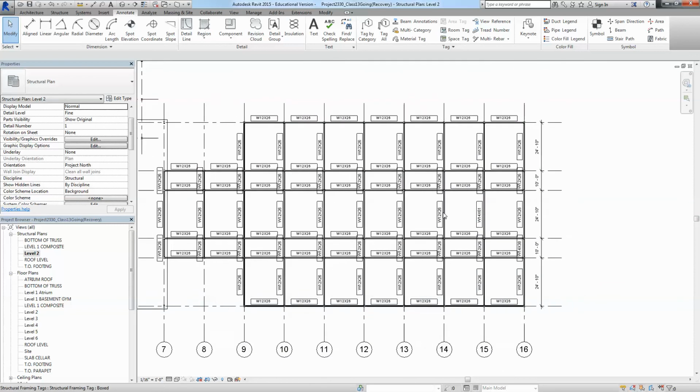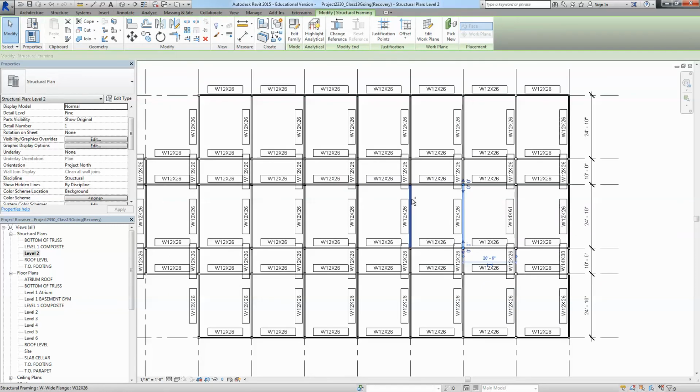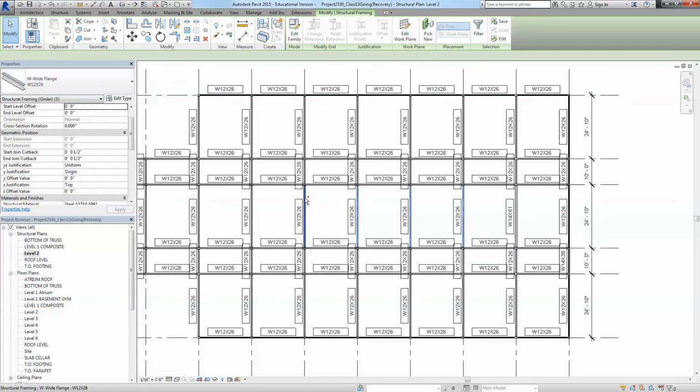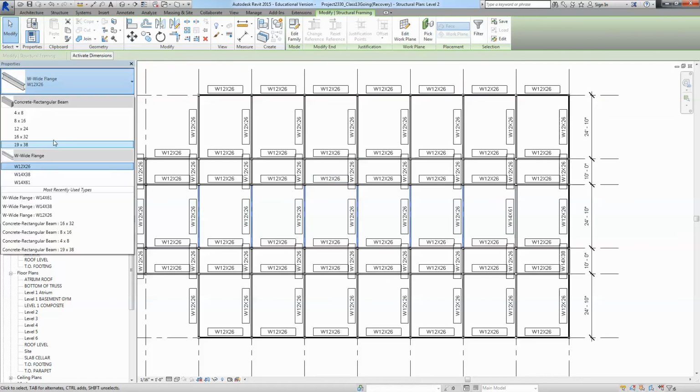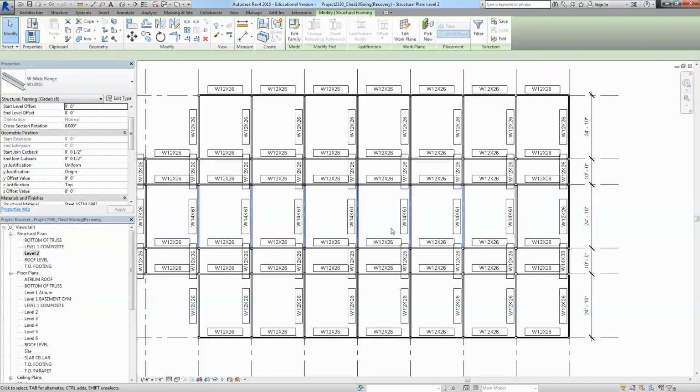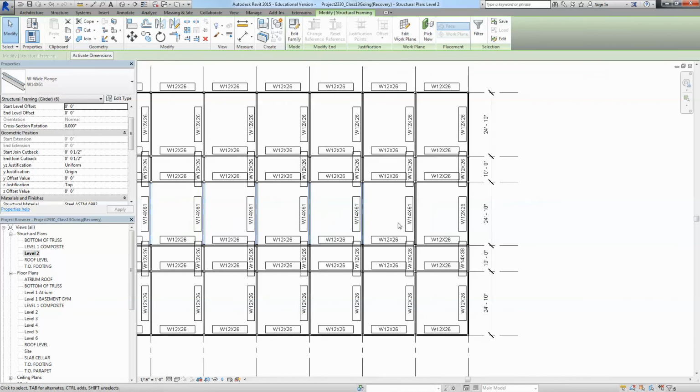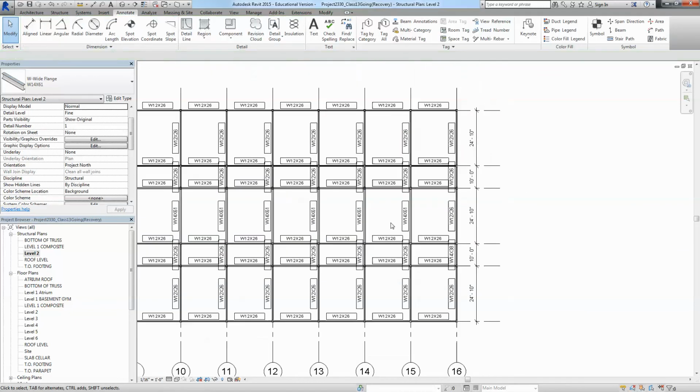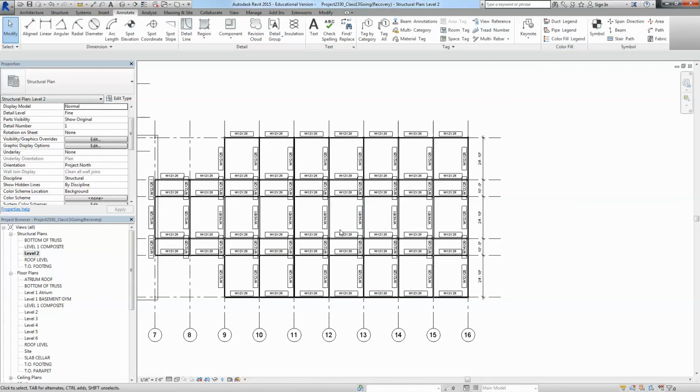So that would be all of this. So you can select, fortunately you have to select all the framing one by one, pressing control, and then just change them in here. 14x38 I think it was, no? 61, sorry. And they changed, no? Okay, I'm gonna